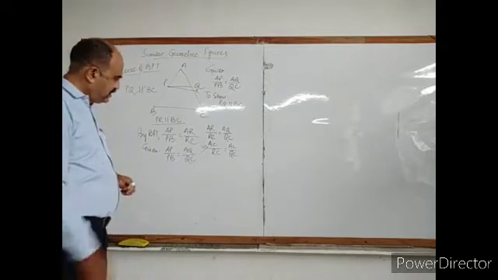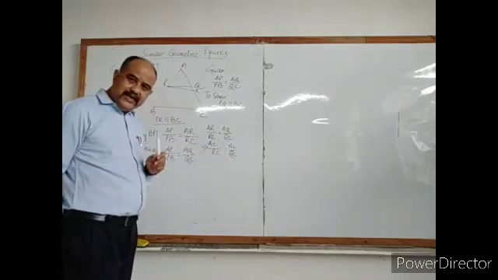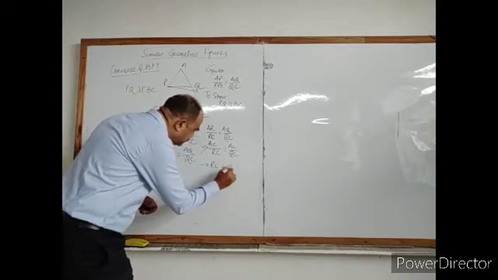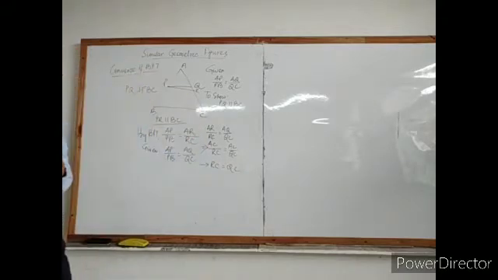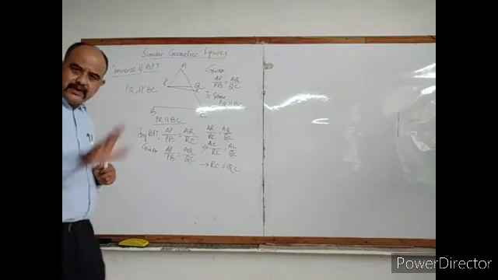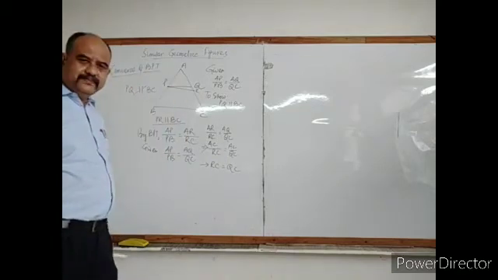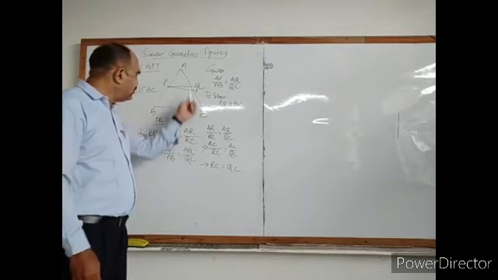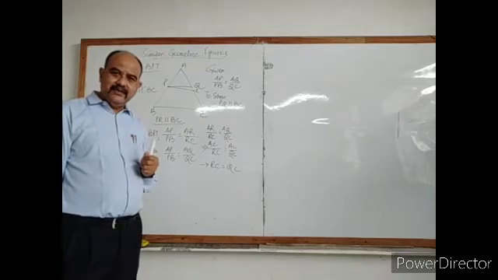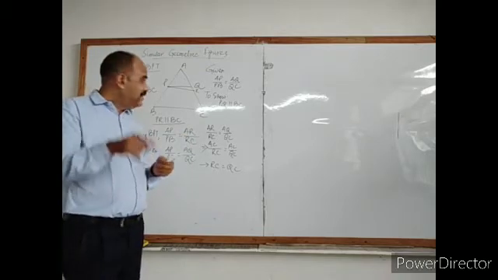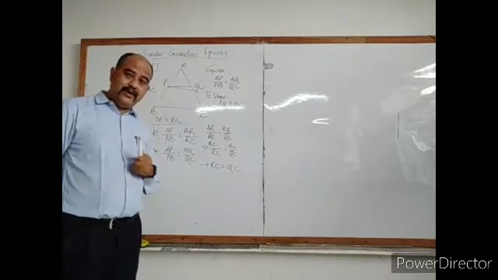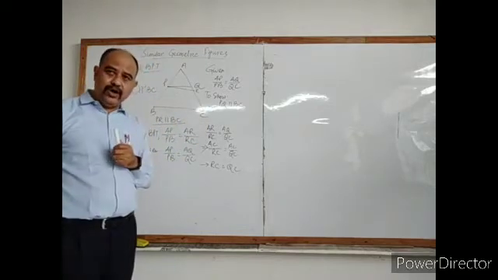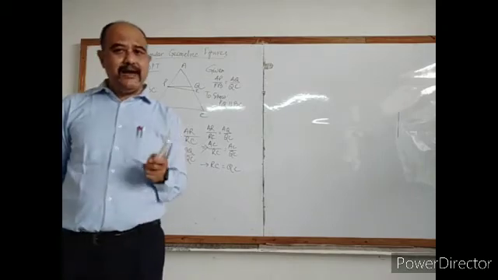Now you see, if AC and AC cancel out, then from this I get RC equal to QC. Okay? Look at the board. RC is this one, QC is this one, and it says RC and QC are equal. That means Q and R must be the same point. If RC equals QC, that means Q and R must be the same point.